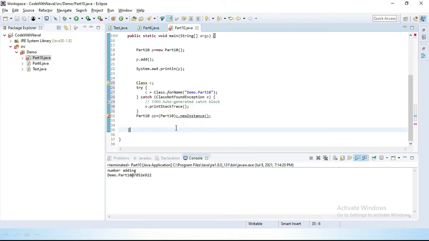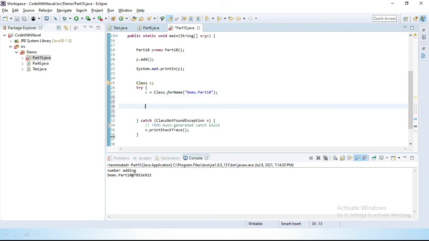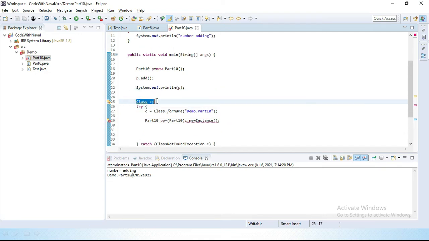Okay, let's save this. Let's cut this, Ctrl X, and add it inside the try block. Now save this. Let's copy this, Ctrl C. Or we can declare it outside this try block if we want, but I'll declare it only inside this try block. Let's save this.